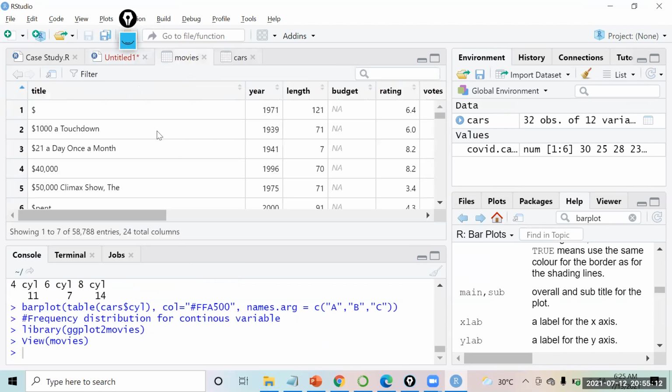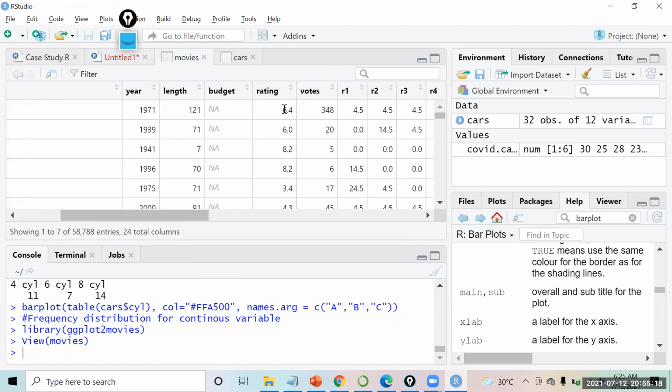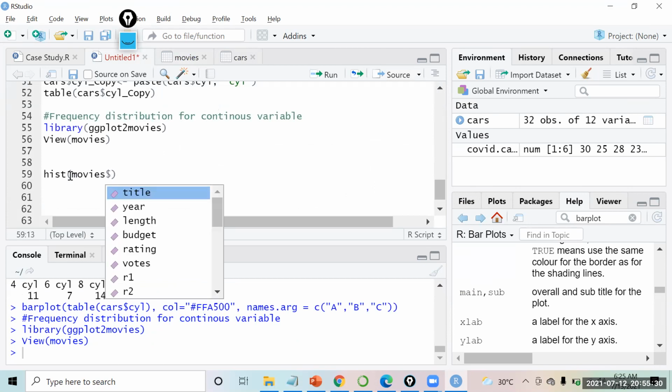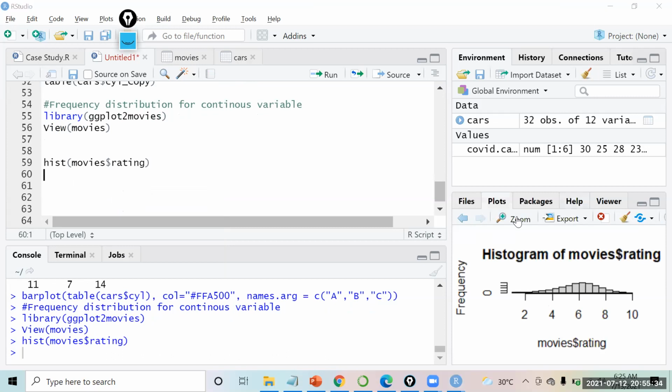In this, we have the data of movies, like the rating that each movie got. We have data of around 58,000 movies. If I create a histogram, I say movies dollar rating, and it creates a histogram for me right away.